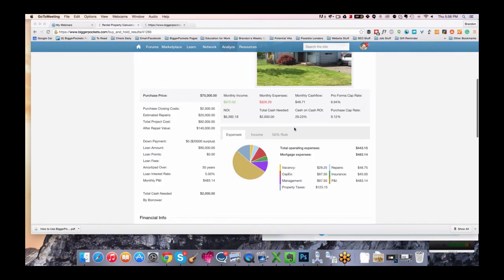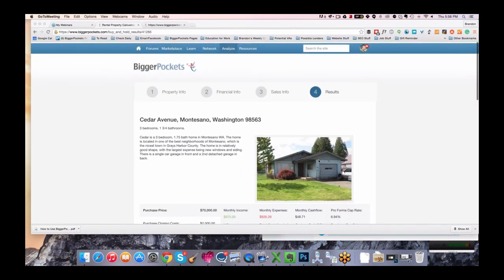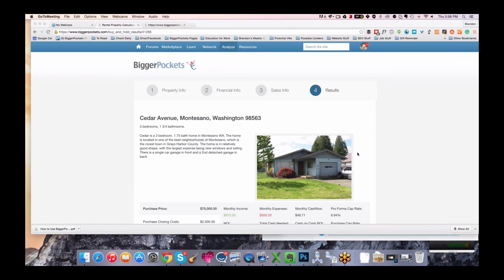And that's how we designed this last page too, is you can walk down this page. I guess you can't really see my finger moving down the page, but you can walk down this to help you understand how we come to these numbers. And again, if you have questions about this, you can always post in the forums, and other people who use the calculator all the time can chime in and help you out. So, all right, let's move on.